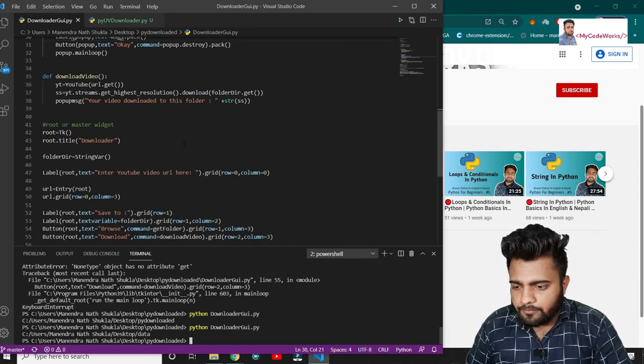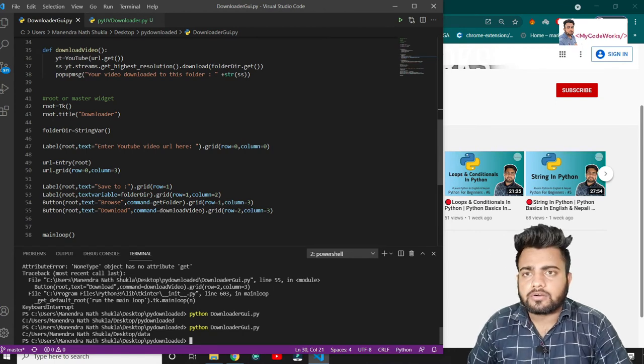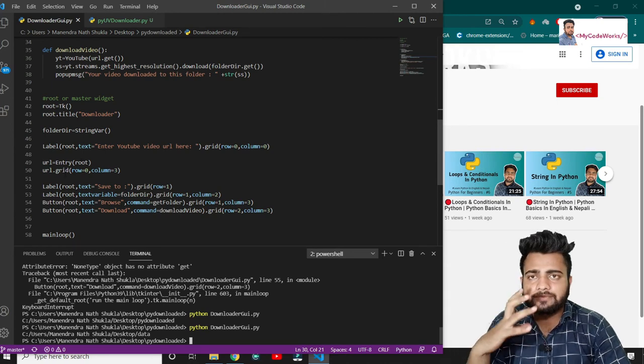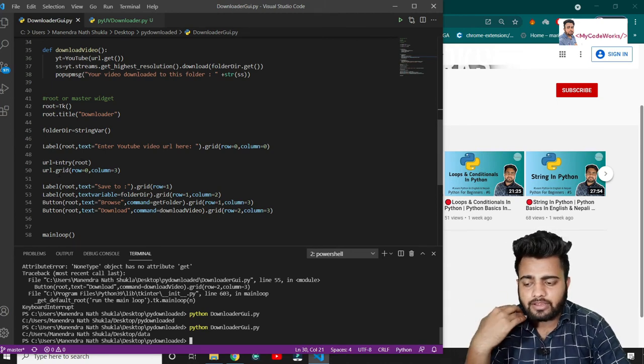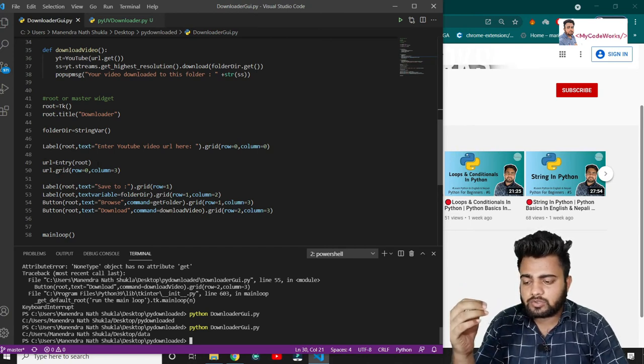So guys, I have figured out where the issue is, right? Basically the issue is that we are simply packing, right? It's an entry. First it will get the value, right? We can only say where you want to show it, so it's basically a variable. That's why we are just putting url.read.